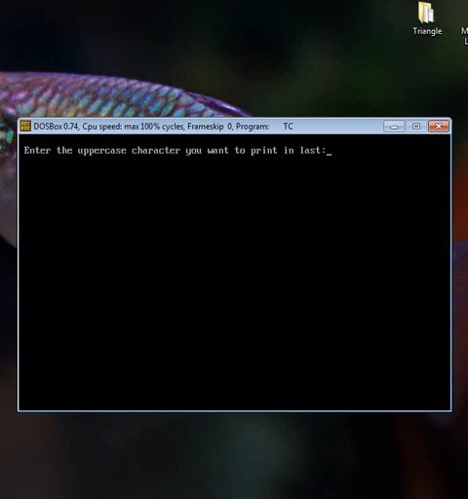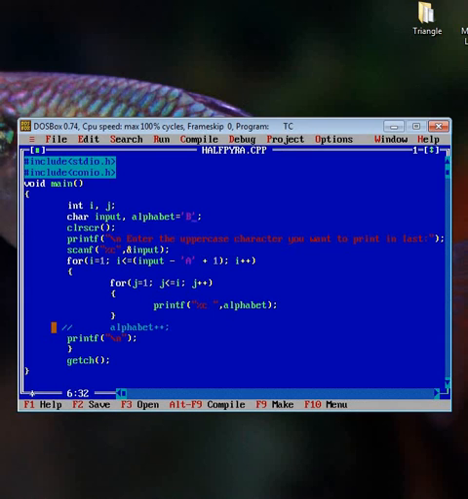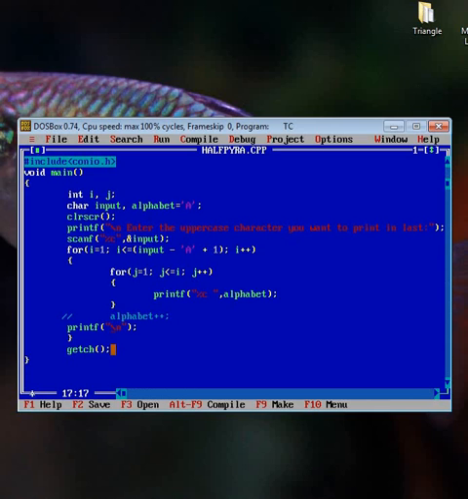You can give input f, one row is increased but all values are b. Okay, so you can understand now that the value of alphabet is initialized to a, and this is printed here, and after that the ASCII value of alphabet is increased by 1.